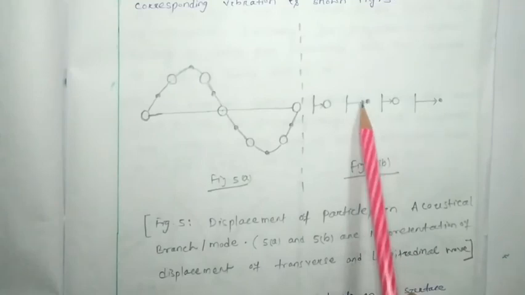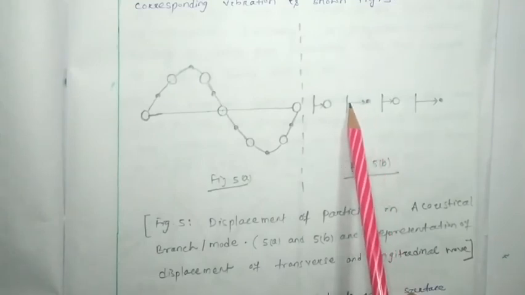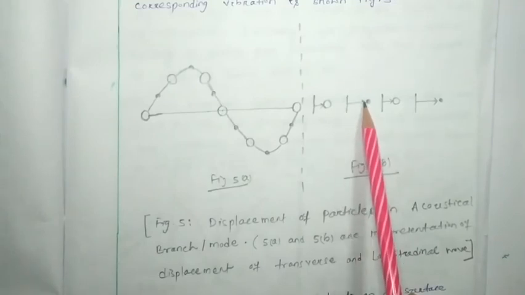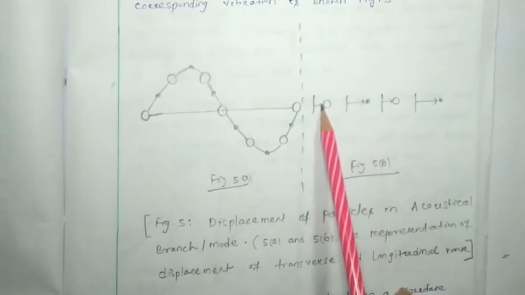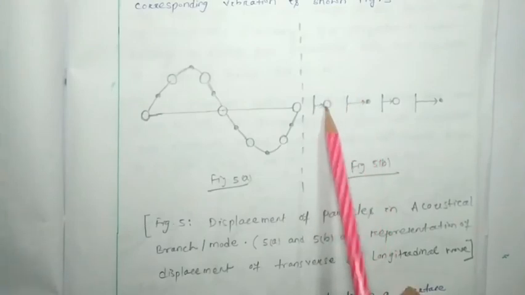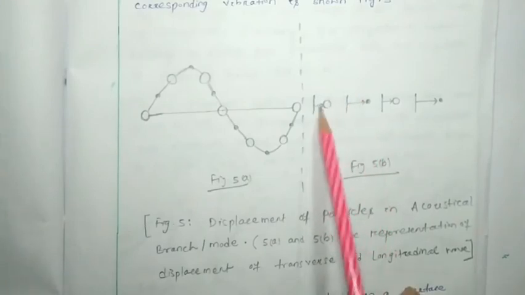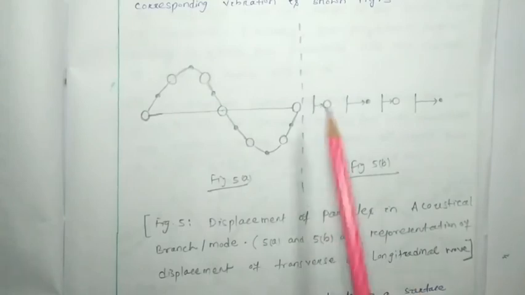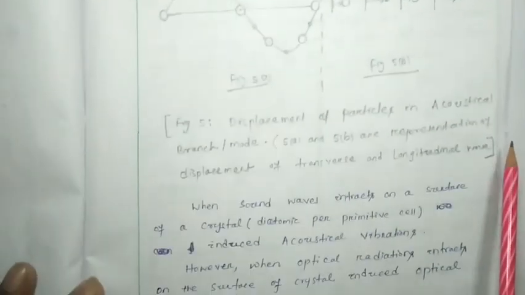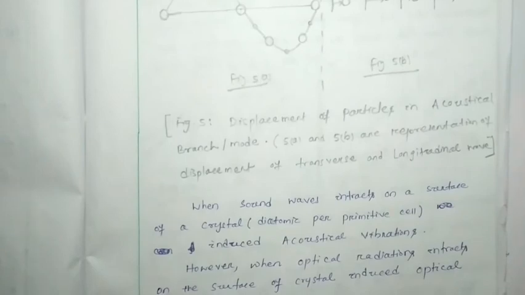The smaller atom will move with the large amplitude, and the larger or heavier atom will move with the smaller amplitude. Okay, so here